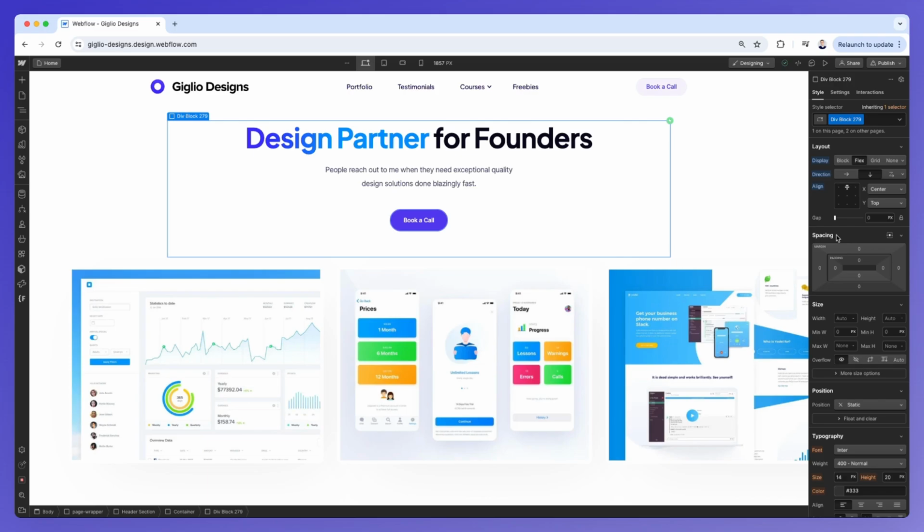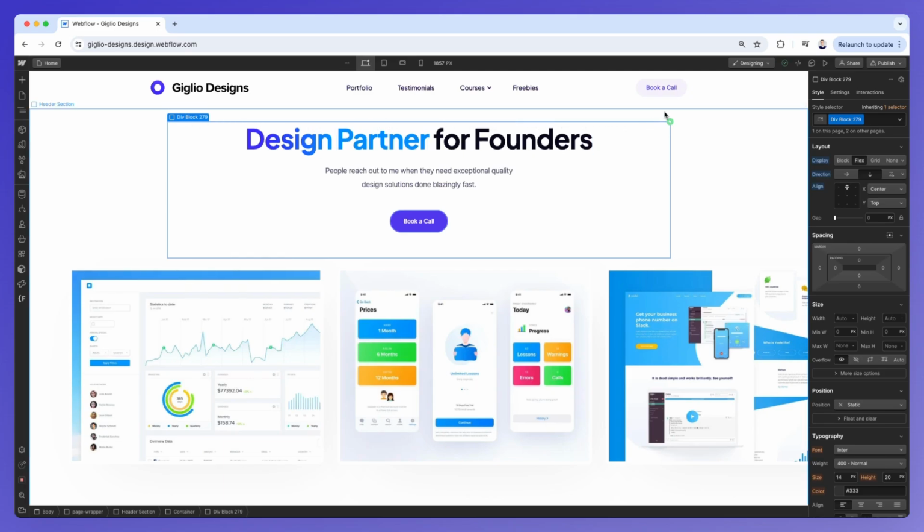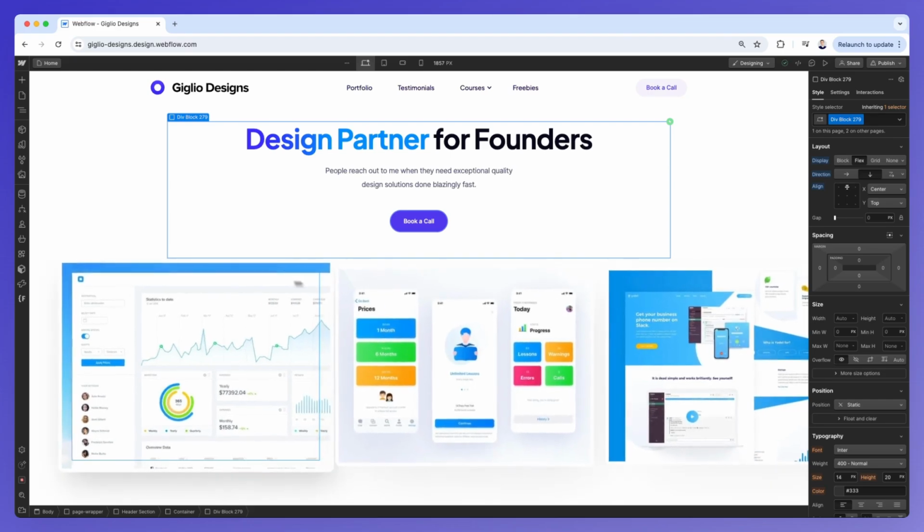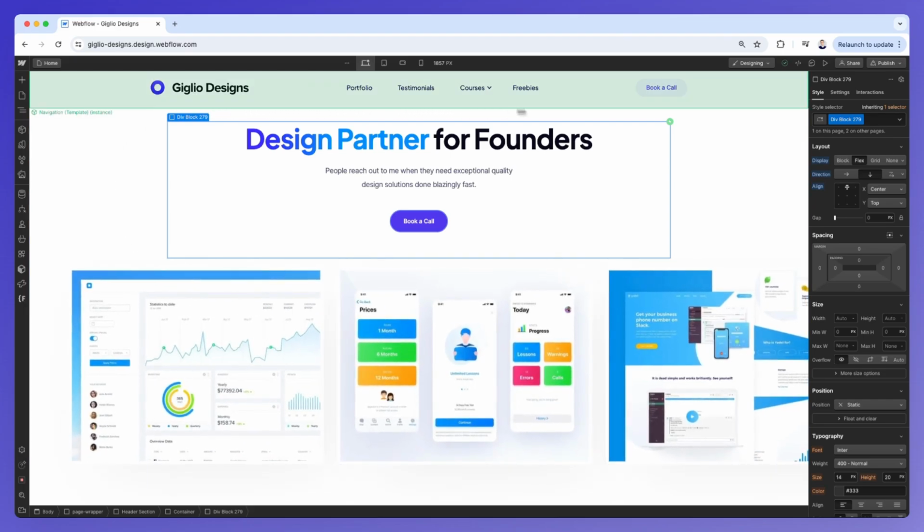Now, before we jump right into it, I want to give you a brief definition and when to use margin and when to use padding. So margin is essentially the space outside the border of an element. So in this case, I selected this div, and the margin is going to affect the external part of this